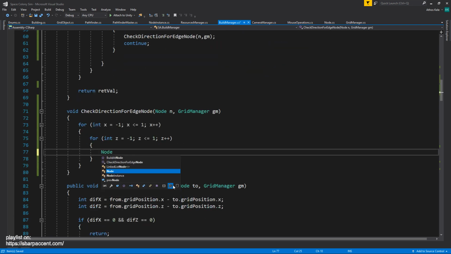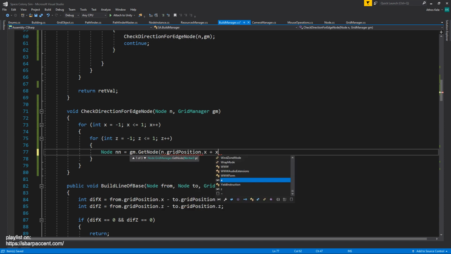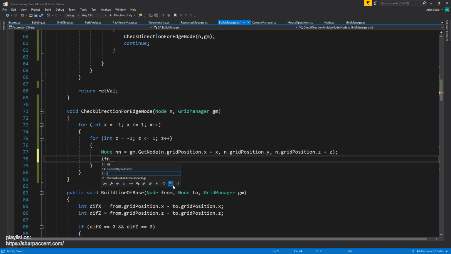Node neighbor node get node: node.grid position.x plus x, node.grid position.y, node.grid position.z plus z. If neighbor node,